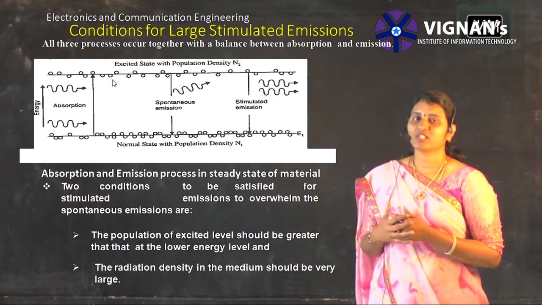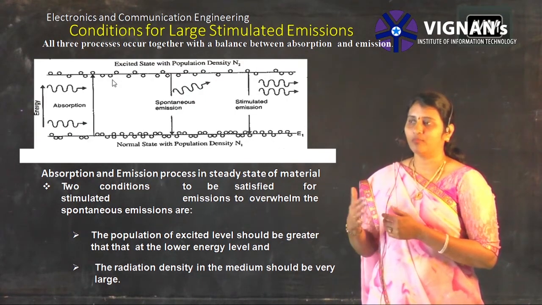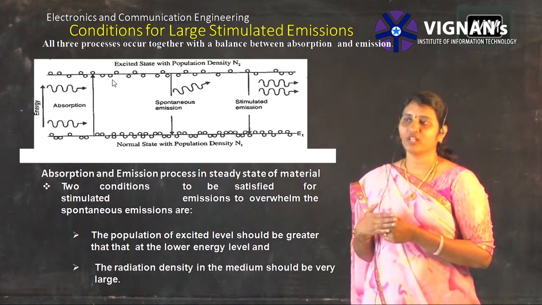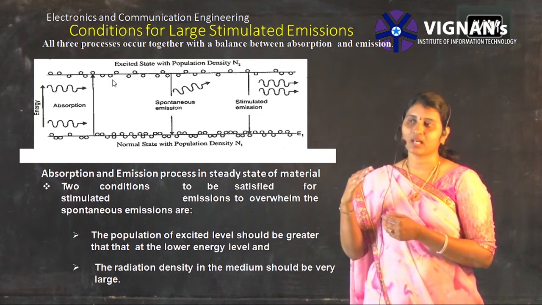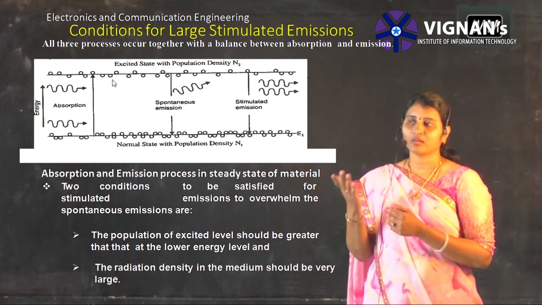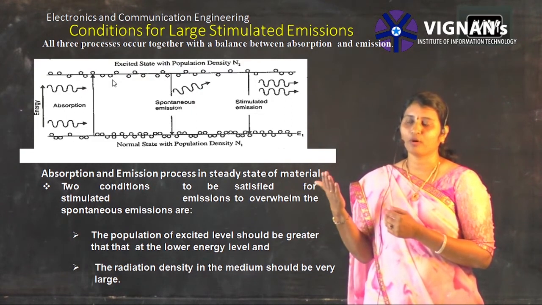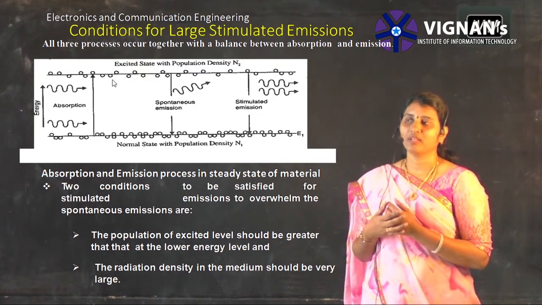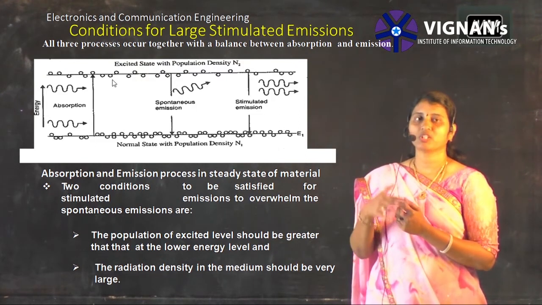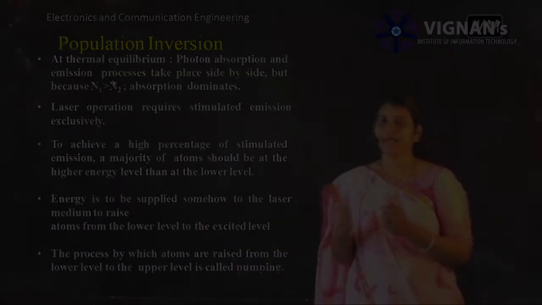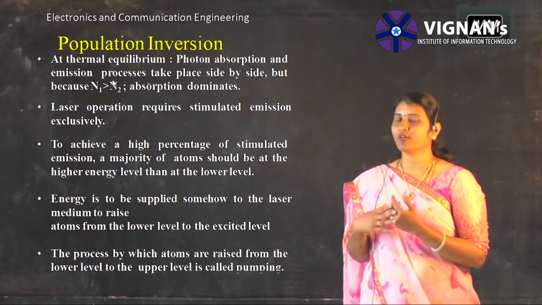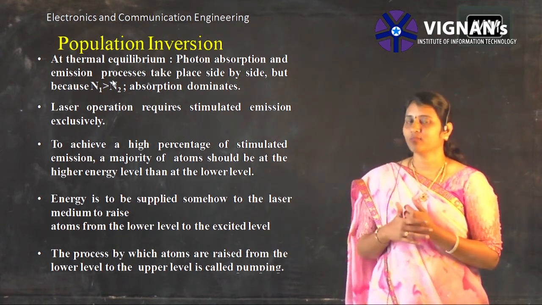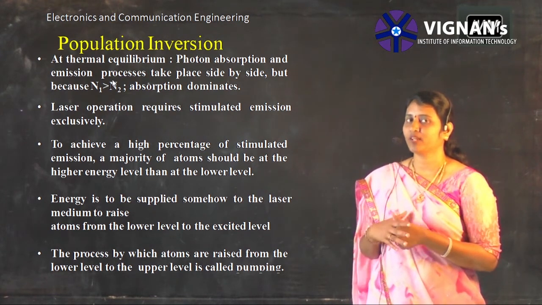Whereas what happens is, initially when the spontaneous emission or the absorption happens, most of the electrons that are staying at the higher energy level start coming to the lower energy level, and the population at N1 will be more and the population at N2 will be less. At thermal equilibrium, N1 will always be greater than N2. In the previous slide you have seen the diagram, right? So at thermal equilibrium, N1 will be greater than N2.